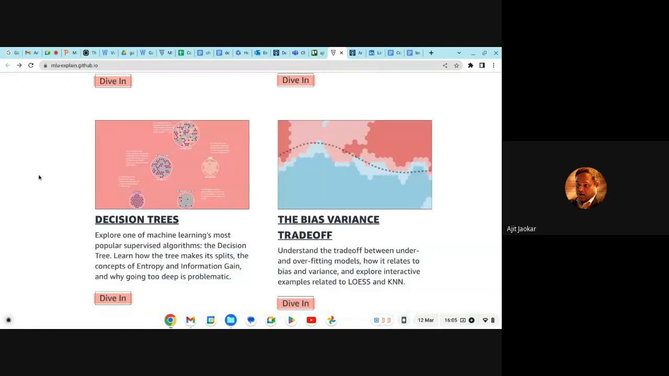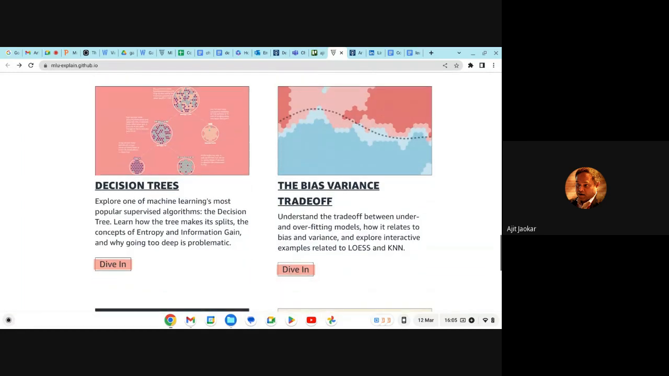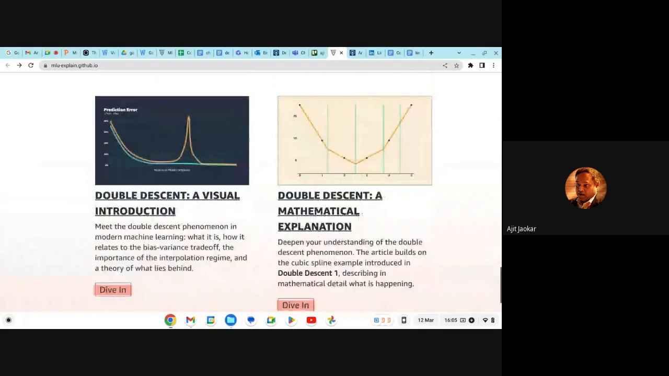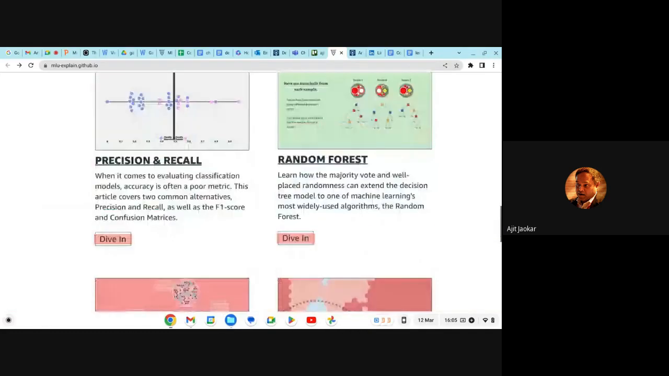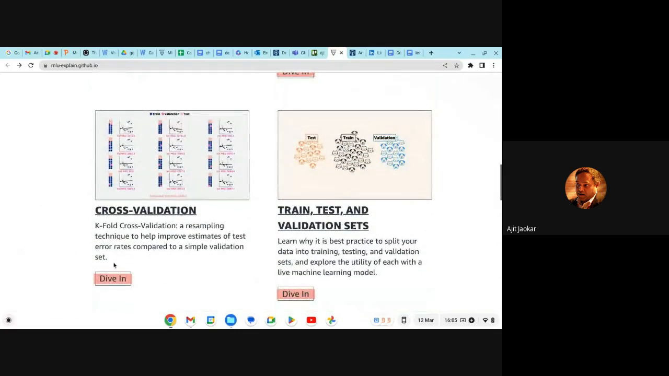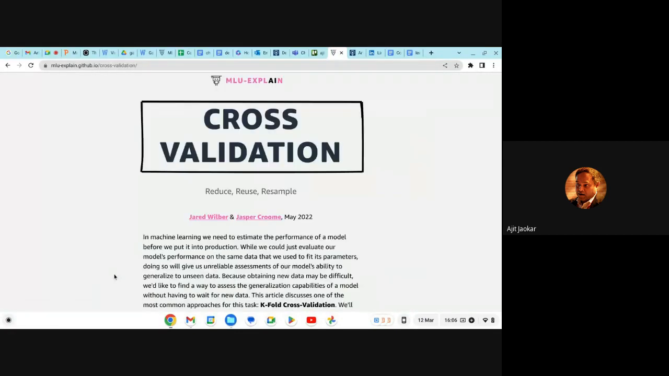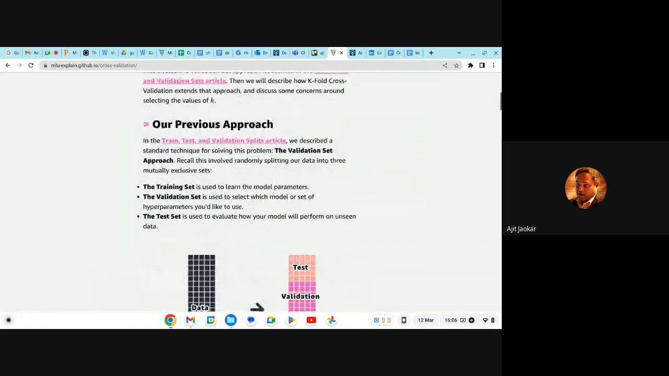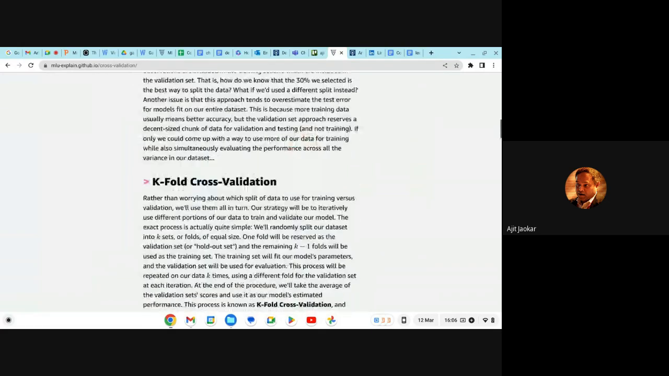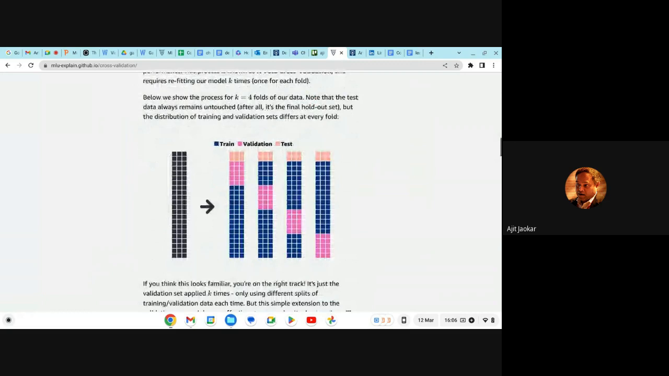Then the next one I would suggest is you look at cross validation. Cross validation is something which shows you how you can validate something. You have the data, you split it into test, train, and validation, as we have seen before. You do something called k-fold cross validation, which means instead of splitting it across test, validation, and train,